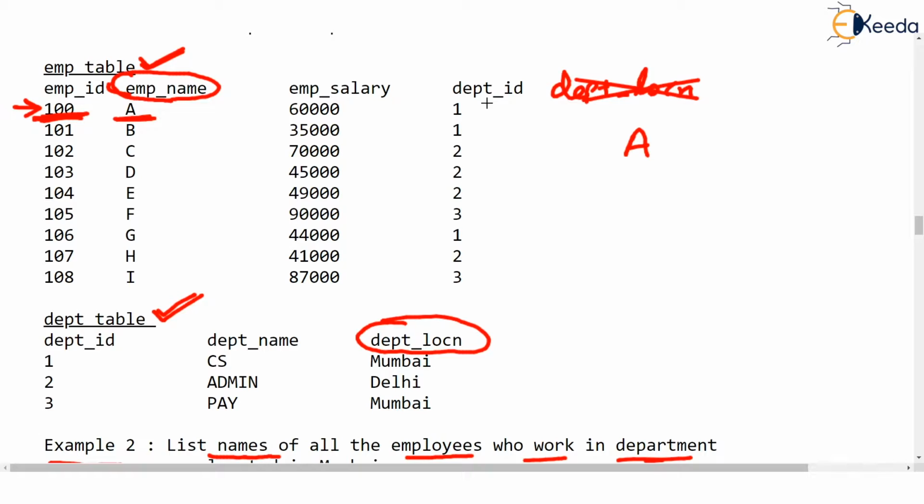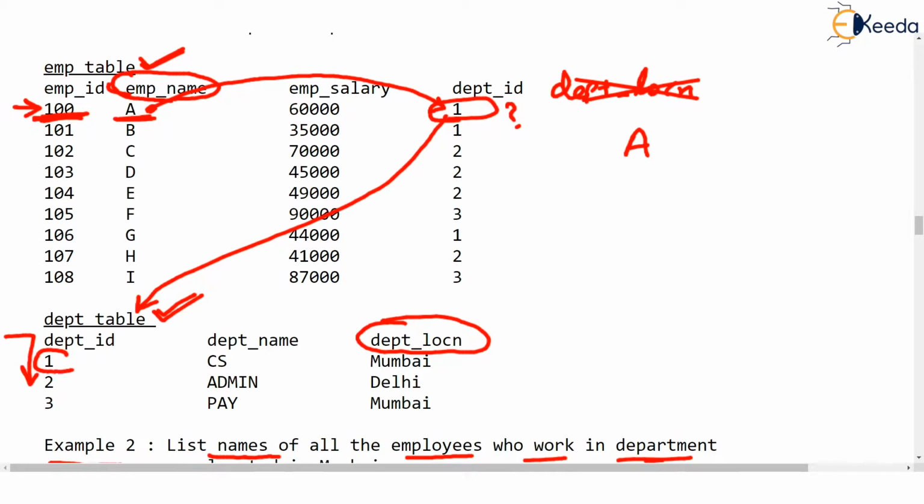So what you would do, you would say, okay, employee name is A. Let me check department number of this person. Department number is 1. So where will I get details of this department? I will have to open another book, DEPT, and I will have to go through these rows to check where is the department number 1 so that I get details of that department. And very soon I come to know, okay, department number 1 is located in Mumbai. So this person A must be listed, isn't it? Must be listed. I hope you are understanding.